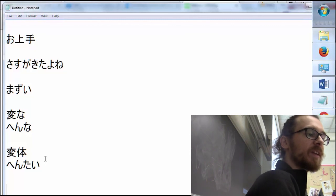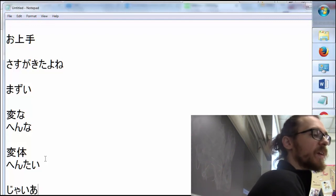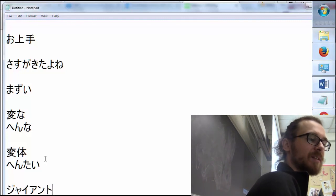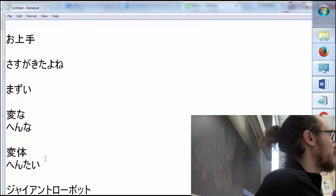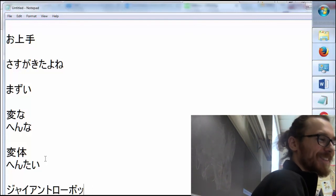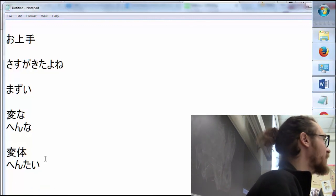No, I think what they usually say is, I think they basically use Japanese English. You don't have to quote me on this, but giant robot. I think that's probably what they would say. That sounds like the kind of thing they would say. Giant roboto. It's at least pretty straightforward. Or maybe it depends, but everyone knows the easiest way to say that concept is